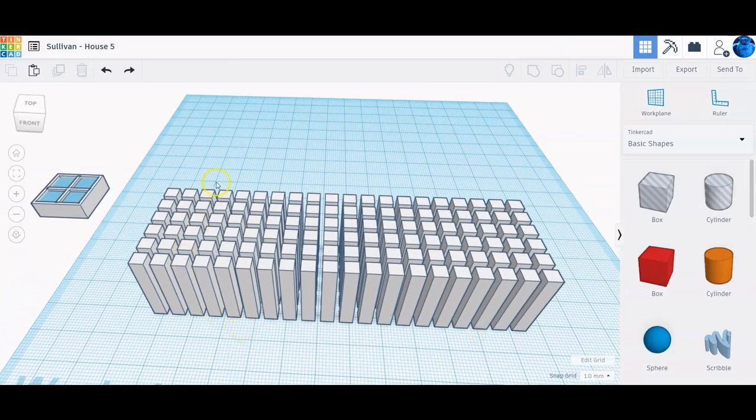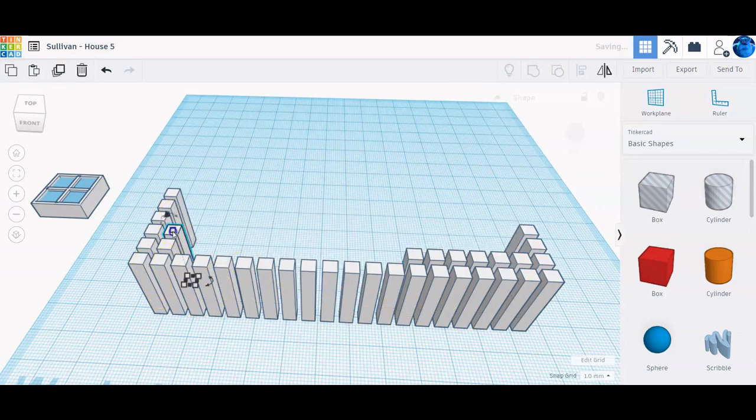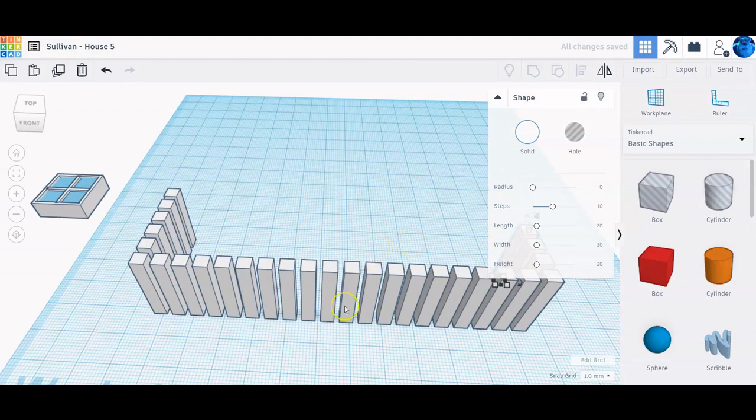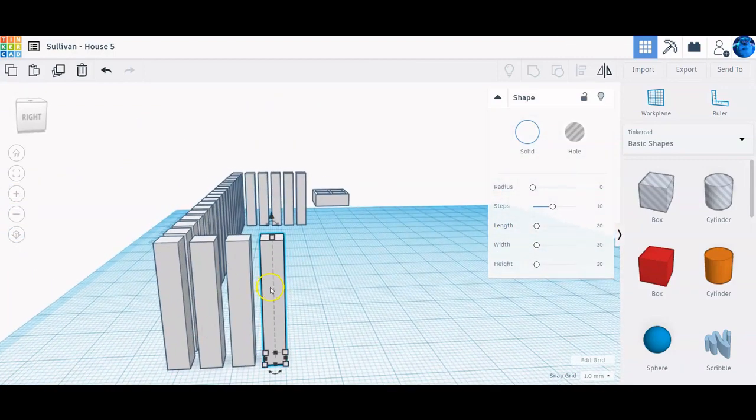The reason why we're doing that is because it's going to make it really easy to make that front porch, okay? So from here, I'm going to grab, without grabbing the outside row in the front and the sides, and I'm going to hit that delete key. Then I can go back and grab the individual ones that are on the inside here and delete those out. Oh, I accidentally deleted one over here. I deleted a couple over here. What I'm going to do is